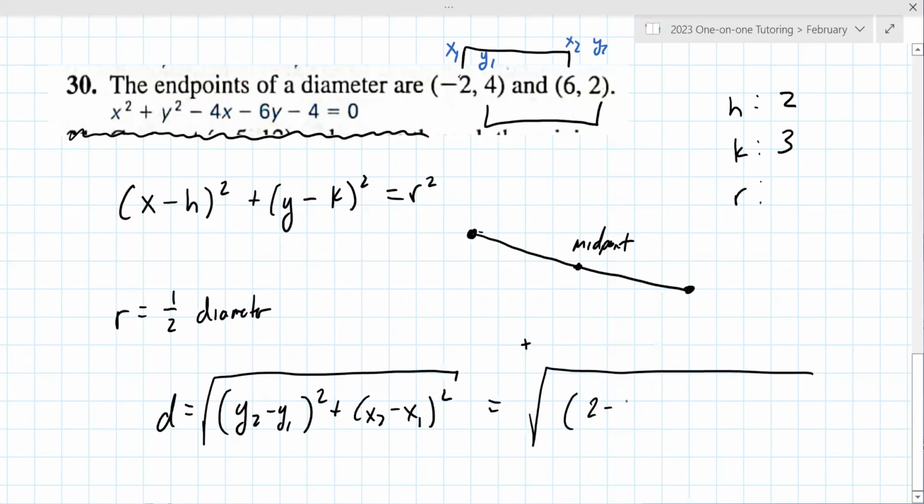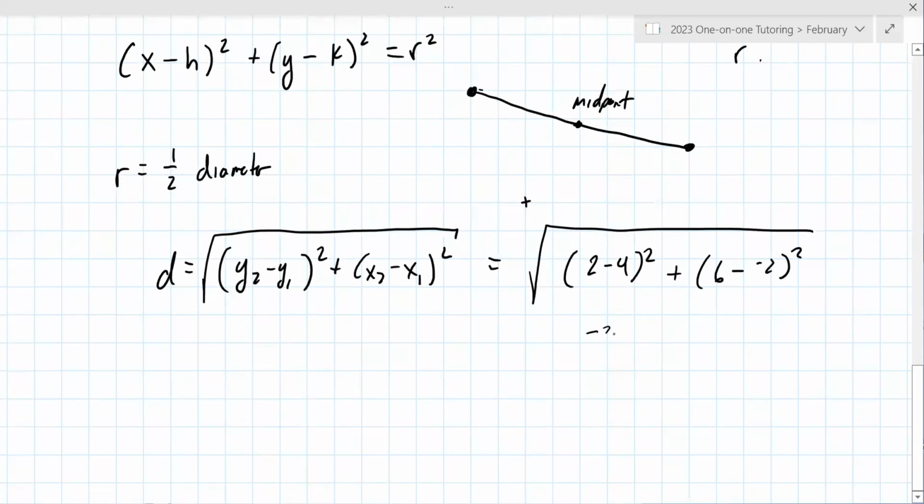It's 2 minus 4 squared plus 6 minus negative 2 squared. And you get -2 squared, 8 squared. So you end up getting 4 plus 64,